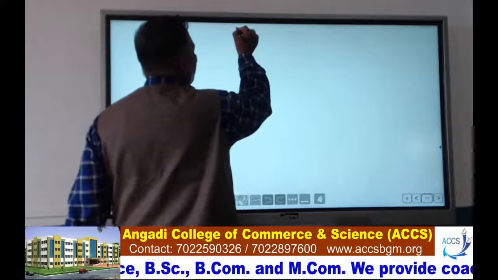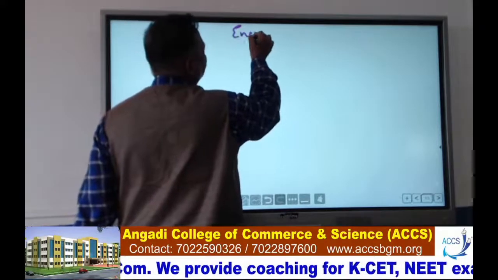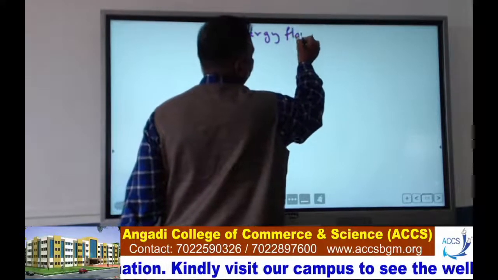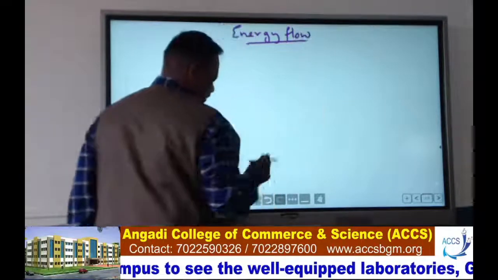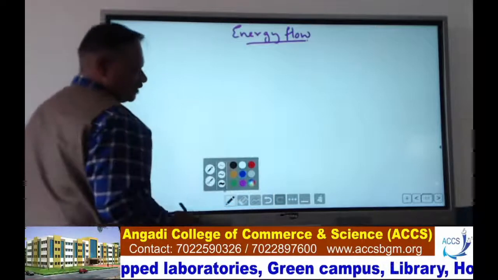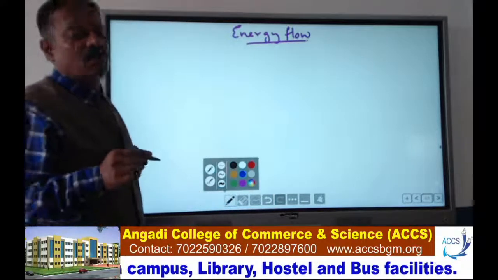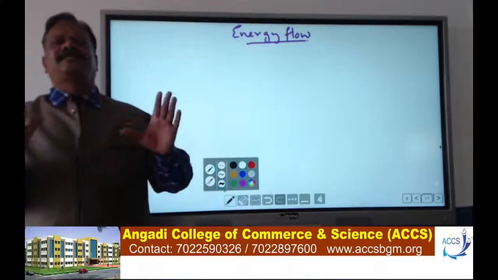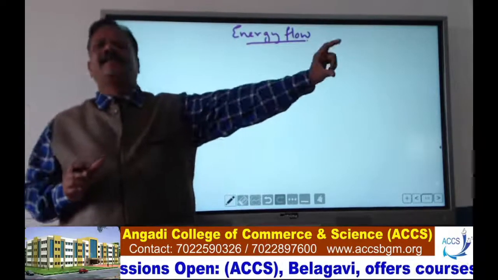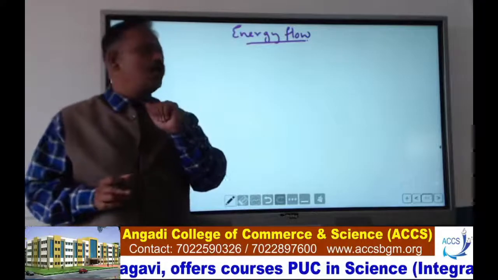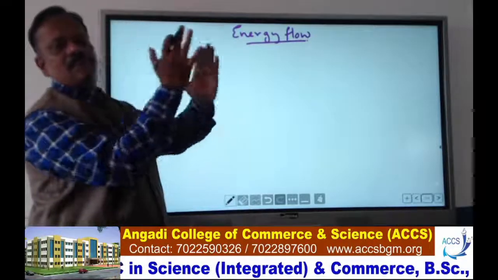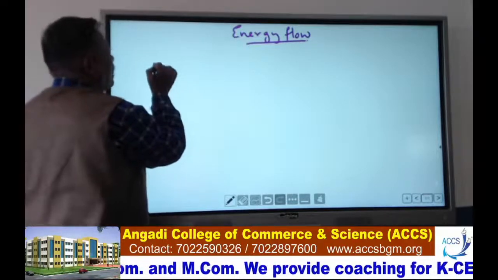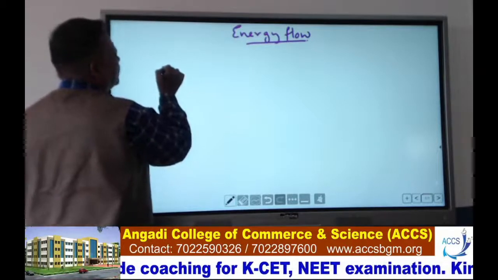Now I'm just explaining it. So we'll see about energy flow. So how does energy flow? Energy flow is always unidirectional. Energy is moving in only one direction, so it is a single-way traffic. So see here, now I am taking the same example: grass,